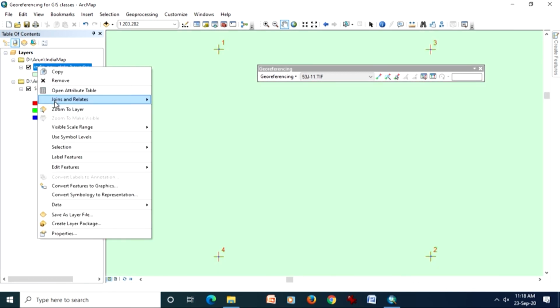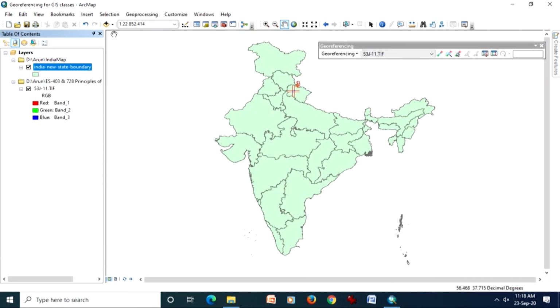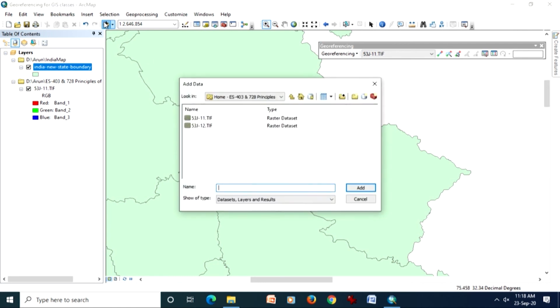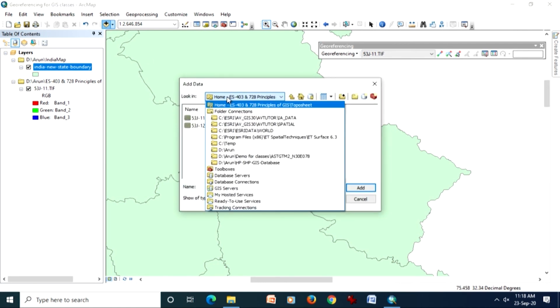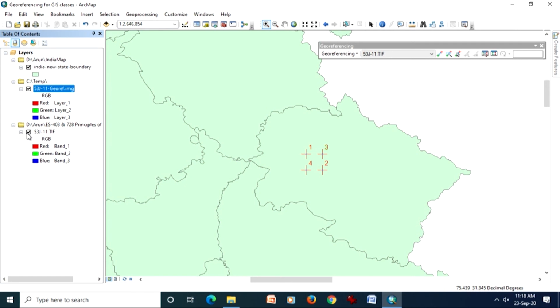So, if I zoom to this layer, see those coordinates or control points which I have collected, they are being shown here also, and I should get that image as well. See, now this image is the georef image.